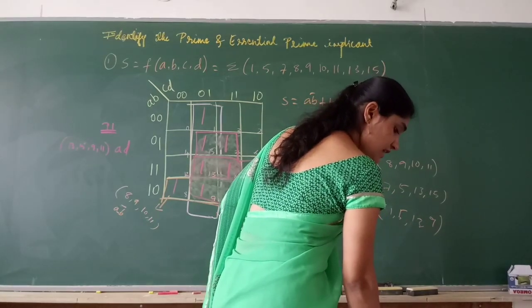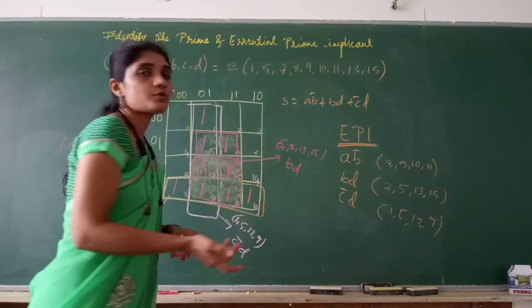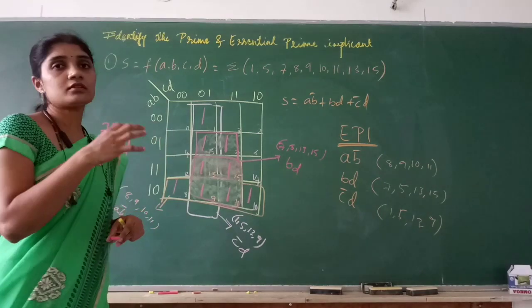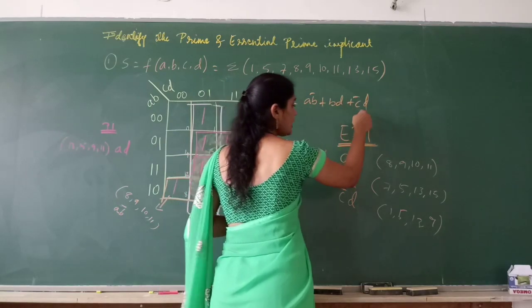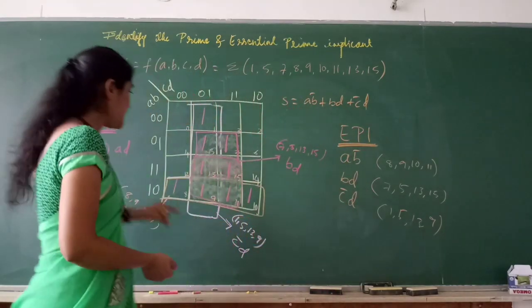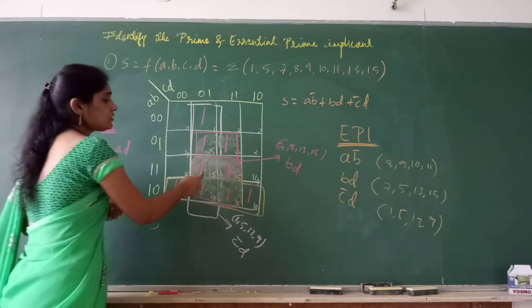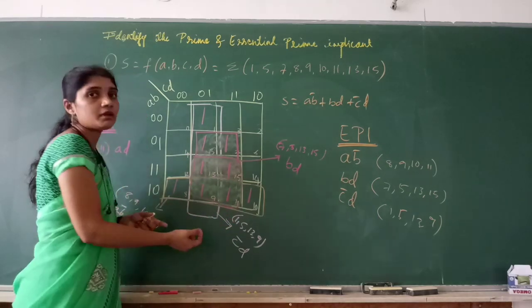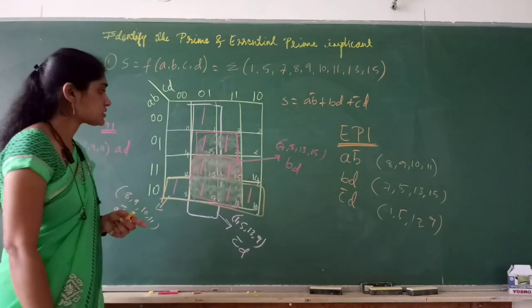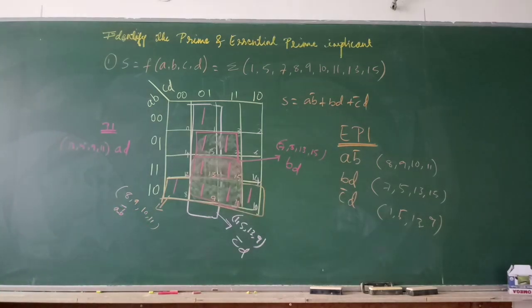So this is one example. I have another example. For all the problems you have done, you can start identifying the prime implicants. EPI is very simple: whatever you have got in the equation is nothing but the EPI. PI is any other possibility of grouping the cells. This is one possibility where we don't have even a single unique min term, so this will become a PI but not an essential prime implicant. So this is the concept of prime implicant and essential prime implicant. Let me take up another concept here.